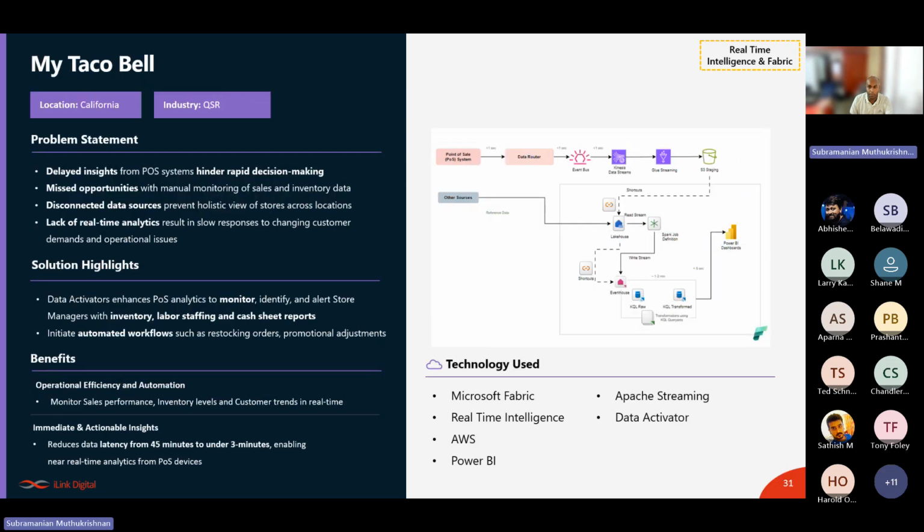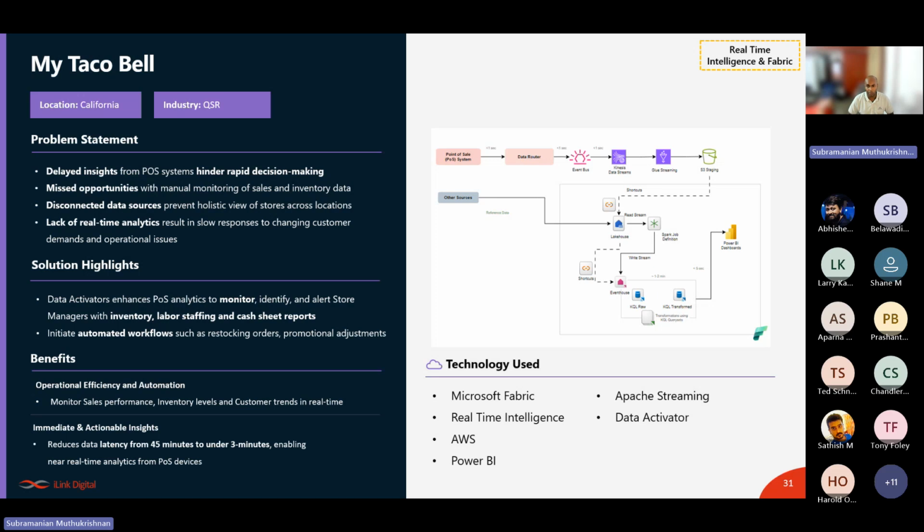And this is another example that we have done for Taco Bell, the famous QSR industry brand. One of the challenges they had was delayed insights. We all know we have gone to Taco Bell to purchase in the retail store. As and when we go and purchase, someone puts a credit card to buy a taco or something. It takes multiple systems to reflect on the Power